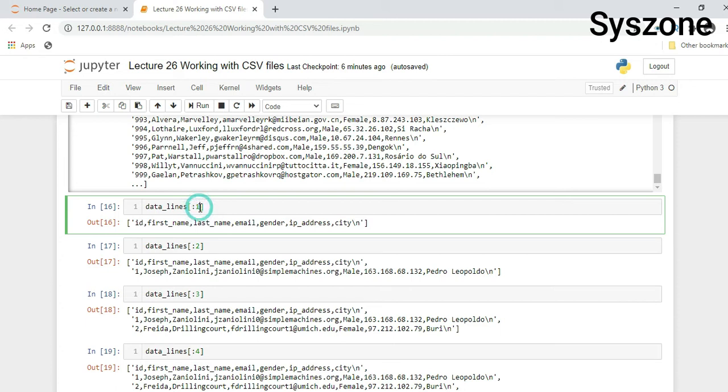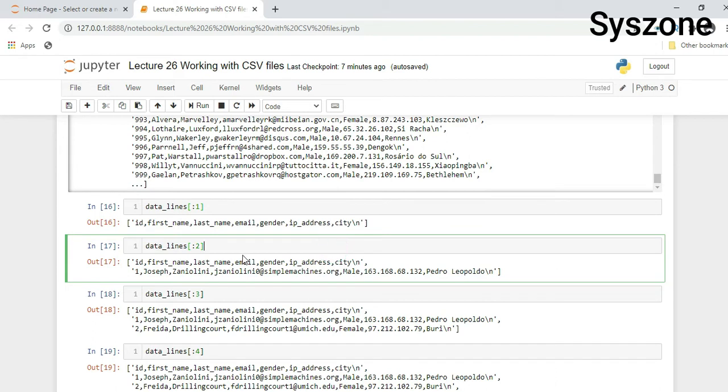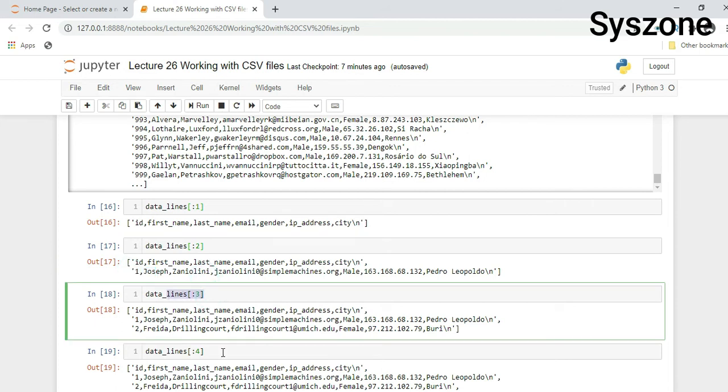So the 0 index value in this file is the header part. Again, if you want to pick the second value, the starting point is not mentioned so it takes the default value. The end point is 2, so 2 minus 1 would be 1. So this is the 0 index value and this is the 1 index value. Similarly you can do it for 3, for 4, as per your requirement.